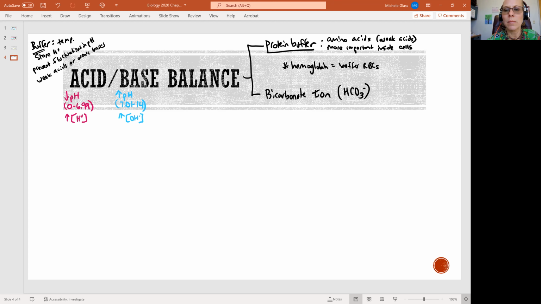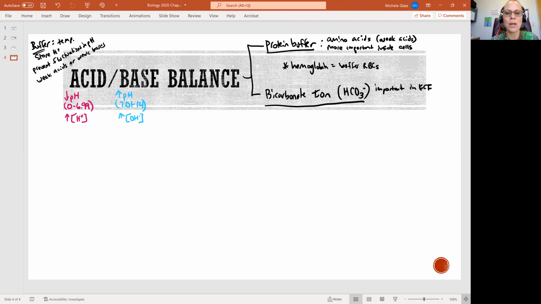We can talk about the bicarbonate ion as important in the extracellular fluid, which we know is our plasma and our interstitial fluid. And what we'll see here is your bicarbonate ion we've already talked about before. So if you remember, we're going to see bicarbonate ion has this strong connected relationship with our